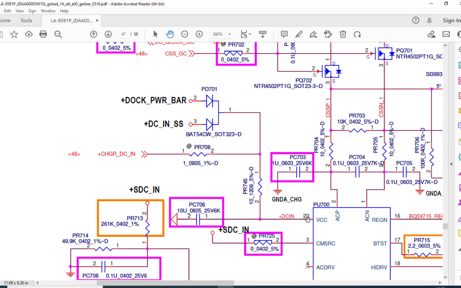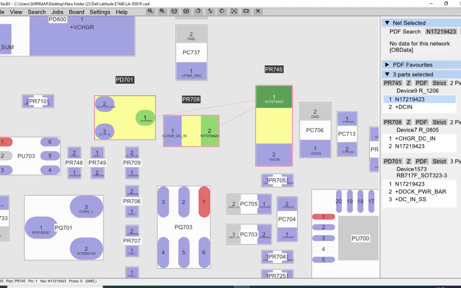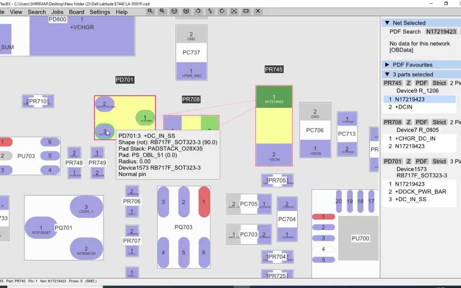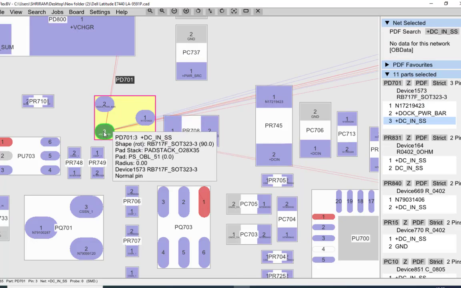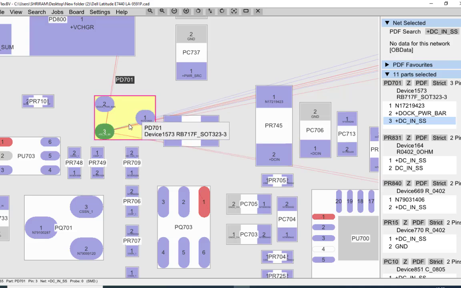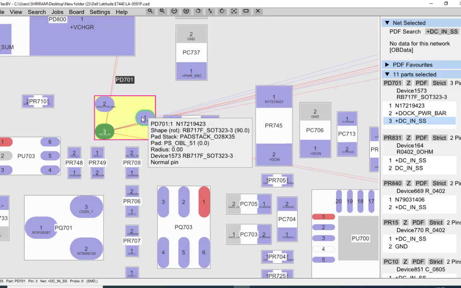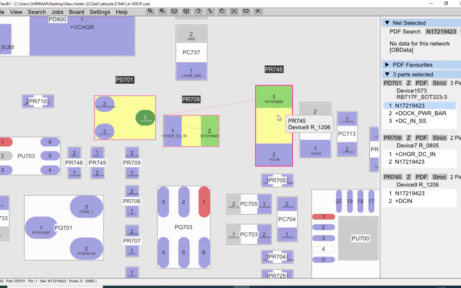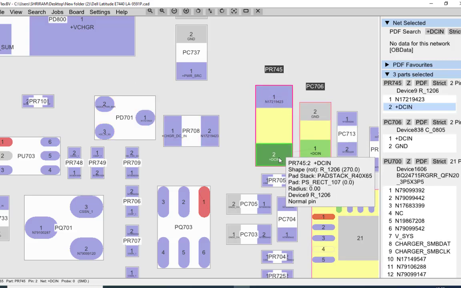So if the voltage is not coming at this point, in that case what you have to do is check this pin number 3. Okay, so this is the input and this point is coming from the adapter. Either this diode may be open, or this resistor can be open. This resistor is a 10 ohm resistor, may be open, and after that this point is connected to the pin